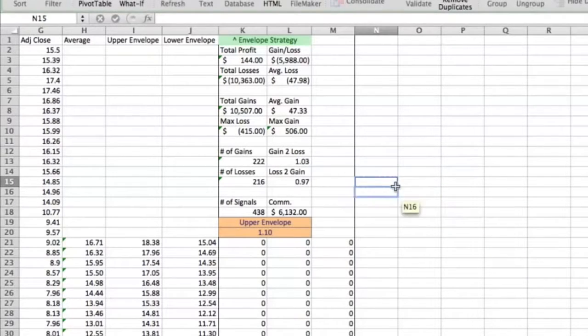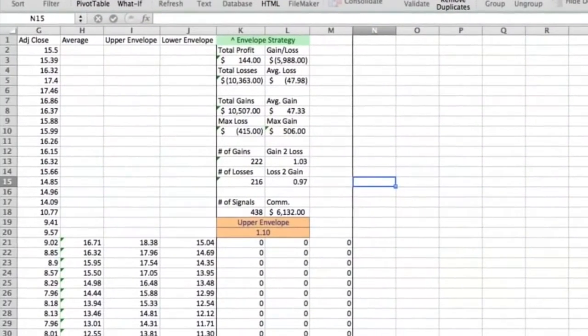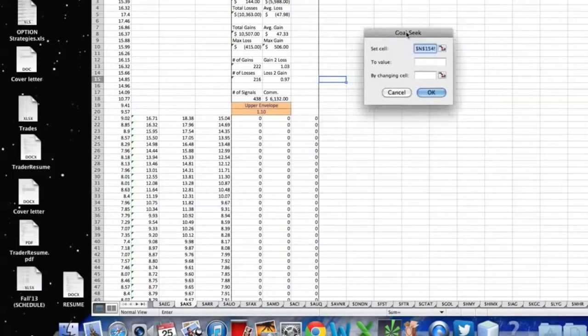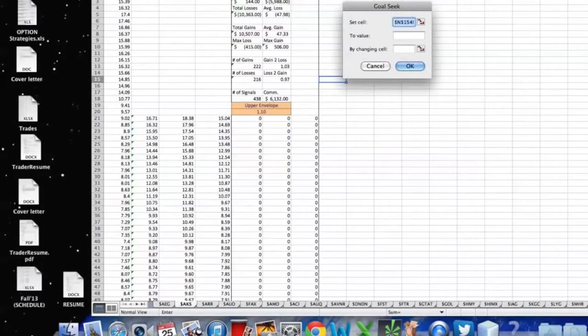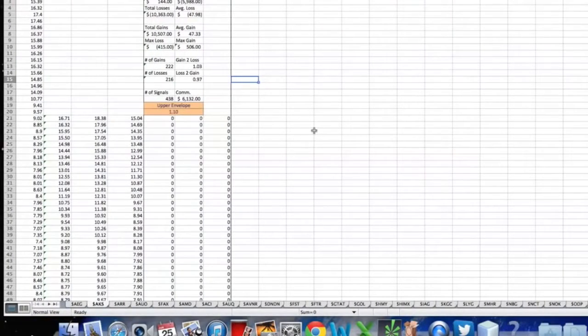I'm getting an error message? There we go. Gotta find the GoalSeek. So basically, just cancel that for now. So what I want to manipulate is,